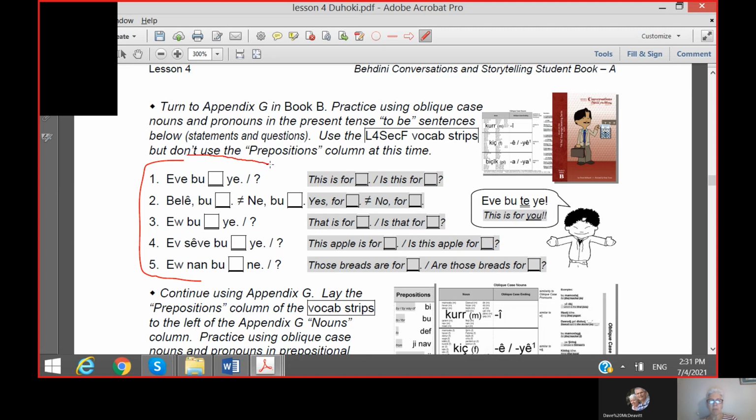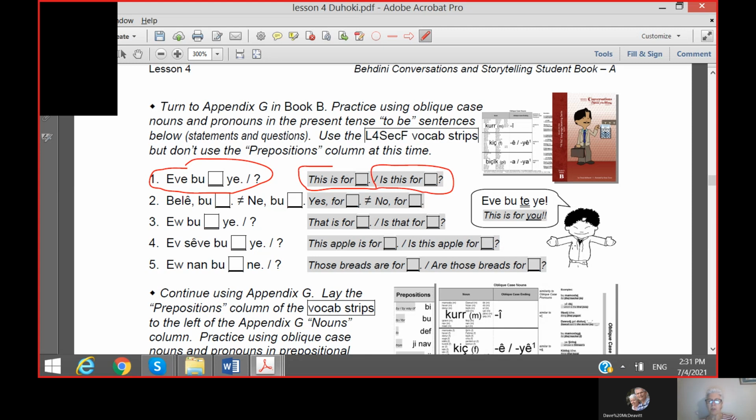Don't use the prepositions column at this time, okay? So, for example, let's look at sentence number 1. Ava, boo, yeah. It can be a statement or it can be a question. This is for or is this for